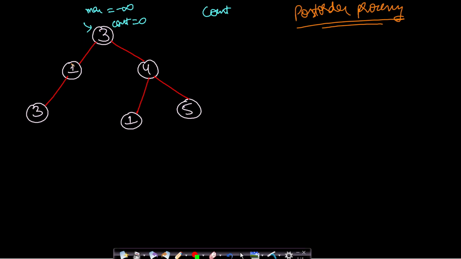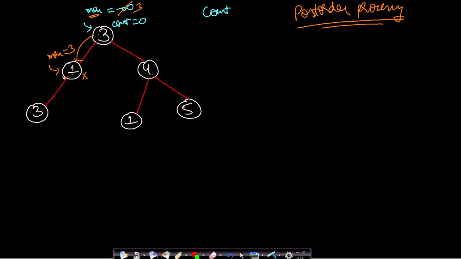So we will first make the left call. So when we make the left call, I go to 1. And again here, what will be the max value? Whenever we make the left call, I will first update the max value. So max value was minus infinity. Now 3 is greater. So this minus infinity will be updated to 3. And so 3 will be passed to this one. Now how to find if 1 is a good node? You have to just compare it with the max value. So you see that the max value is greater. So there is at least one node which is greater in the root to current node path. So this is not a good node.